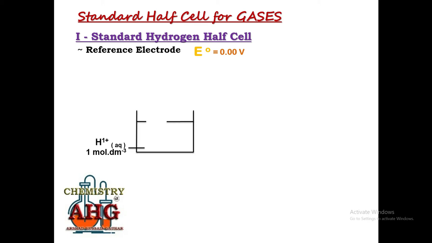Since I told you hydrogen is a non-metal, you will have to use a conducting metal. Which conducting metal? An inert metal is used as a standard. It is platinum. We will take a thin foil of platinum, and this thin foil of platinum is coated with powdered platinum. Why do we coat this platinum foil with powdered platinum? Because powdered platinum is used to increase the surface area so that the rate of reaction can be enhanced.